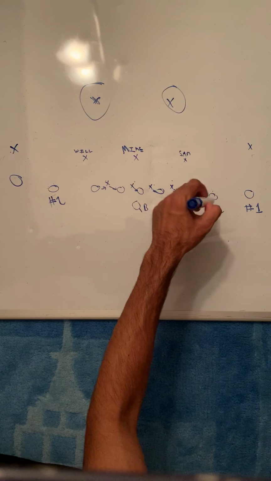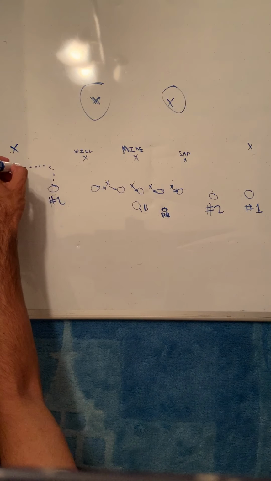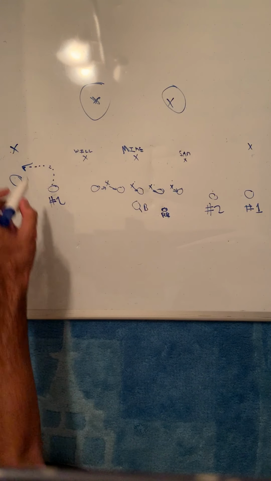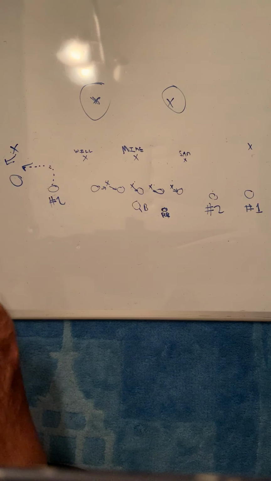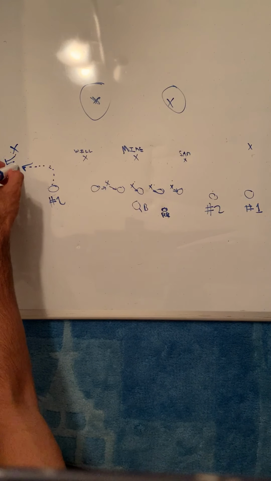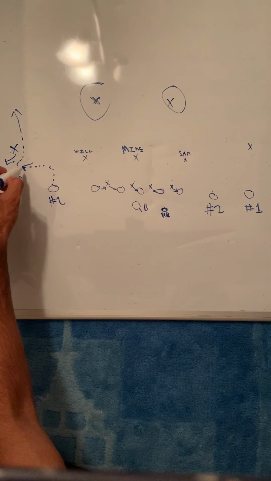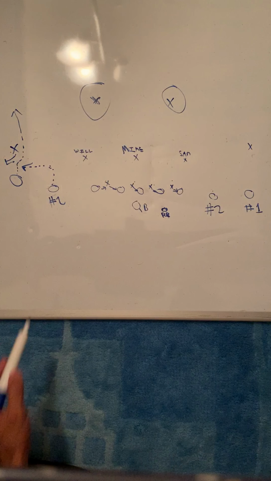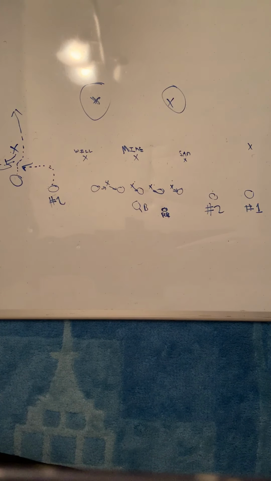This is going to be their read. This is going to be the key to figuring out what they do. If this guy has an out breaking route, right? So he goes up and out. What's going to happen is these guys are going to read that, and they're going to hit the flat, right? Like they're supposed to. They have the flat. Obviously, they make sure when this guy gets off his break, if he's going deep, let's say this guy's going out, this guy's going deep, right? They jam him inside. They force him to the inside of the field, so it's easier for their safety here, right? And then they hit that flat right here,